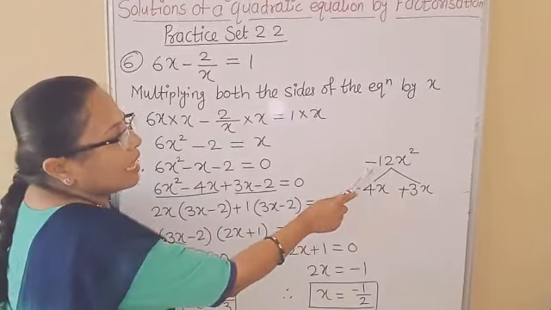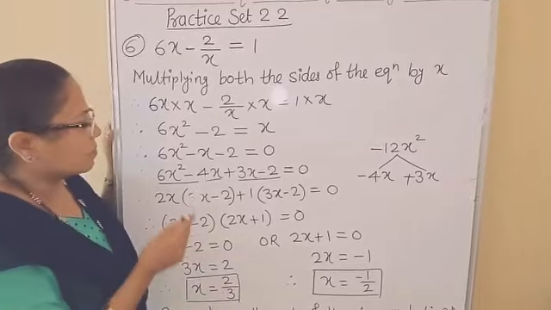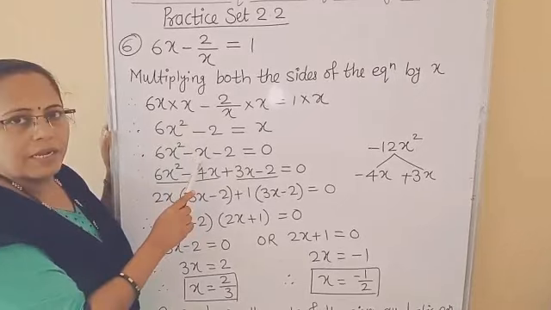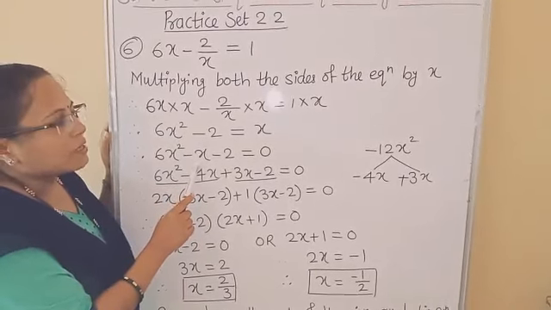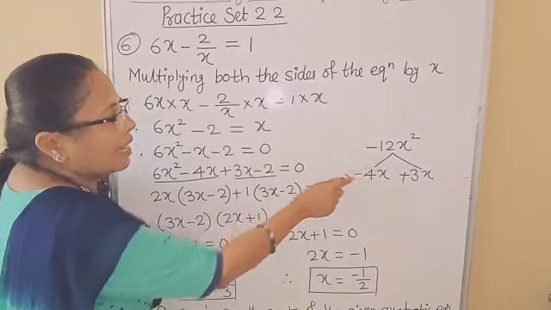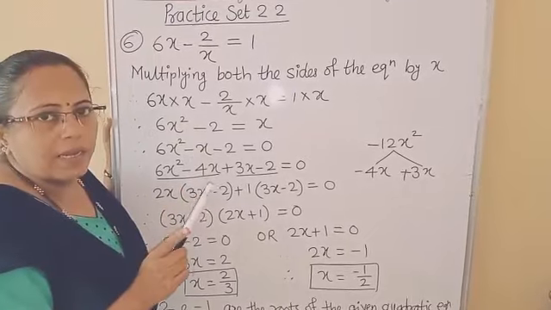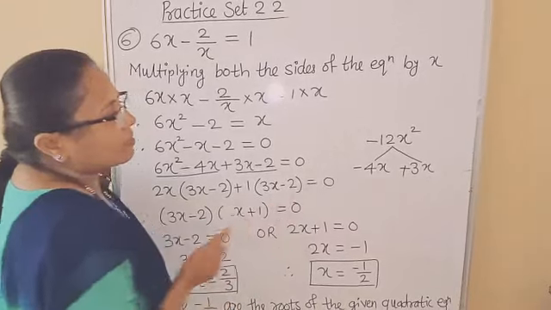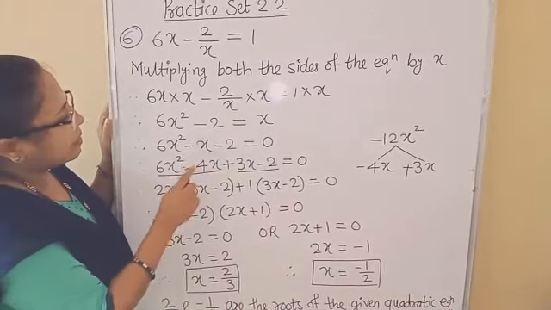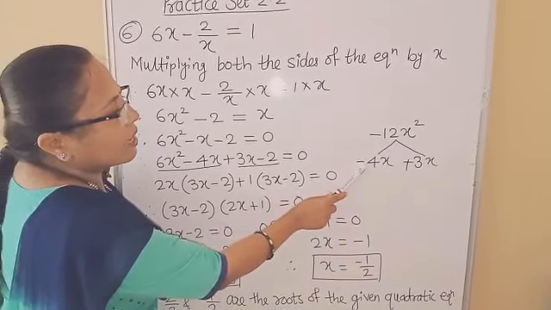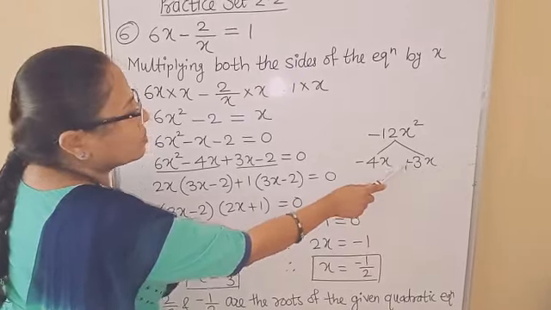Product is having negative sign. That means one factor is negative, other one is positive. And the middle term is the subtraction of those two factors. Means we have to find two factors in such a way that whose product is 12 and subtraction is 1. Those factors are 4x and 3x. Here the middle term is having a negative sign. So give the negative sign to the greater factor, and obviously the other factor is having a positive sign.